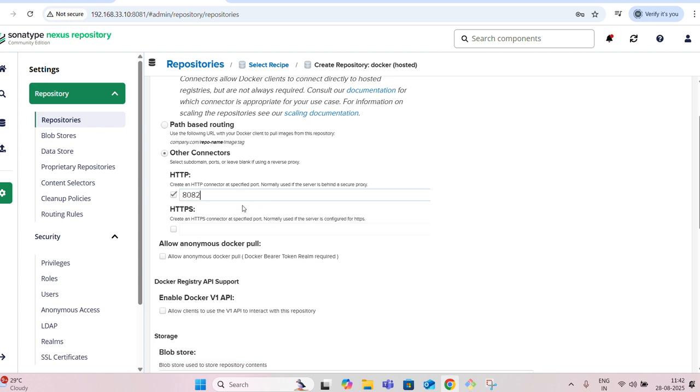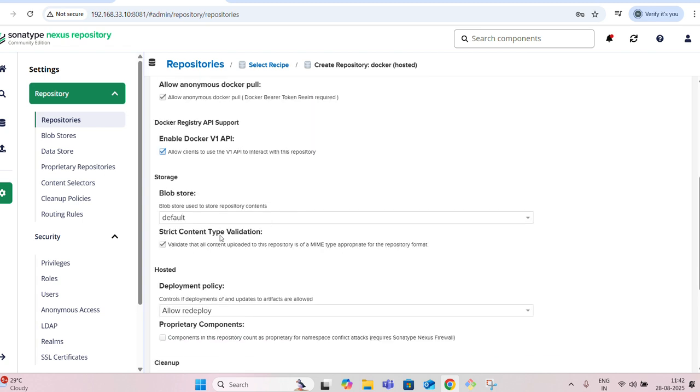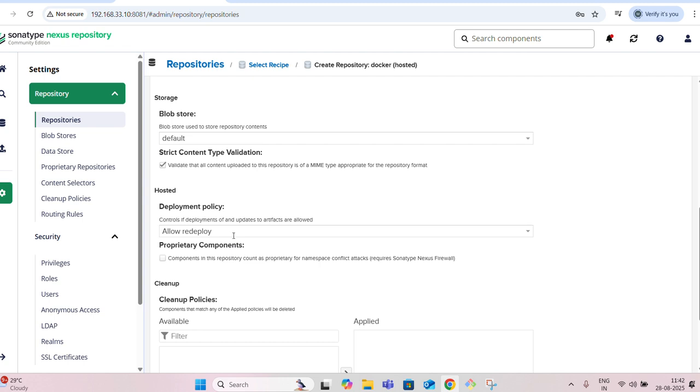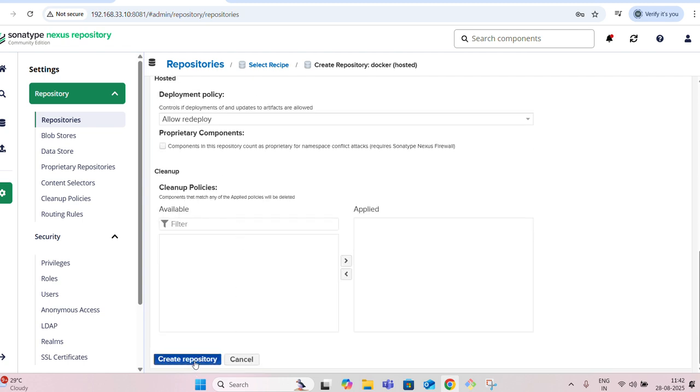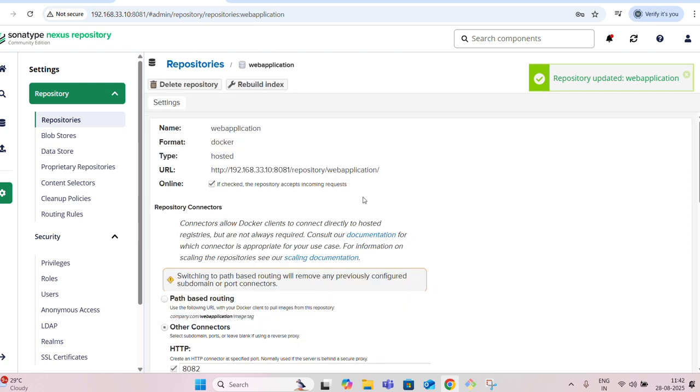I gave the port 8082 for this repository. Allow anonymous Docker pull, Docker bearer token realm required, and allow clients to use the V1 API to interact with this repository. I kept the defaults I was given, allow redeploy, and create repository. So this is my Docker repository.